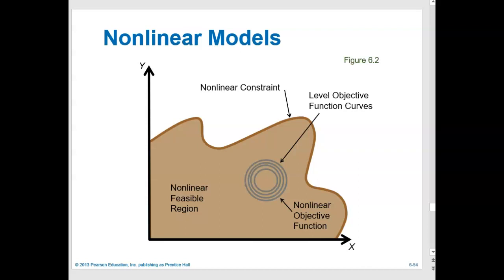So, for example, what you see on the screen right now is a possible nonlinear model feasible region shown in this brown area here. Depending on the extent of nonlinearity in the expressions that you've used, the curve could be quite pronounced. So it might have a lot of twists and turns,